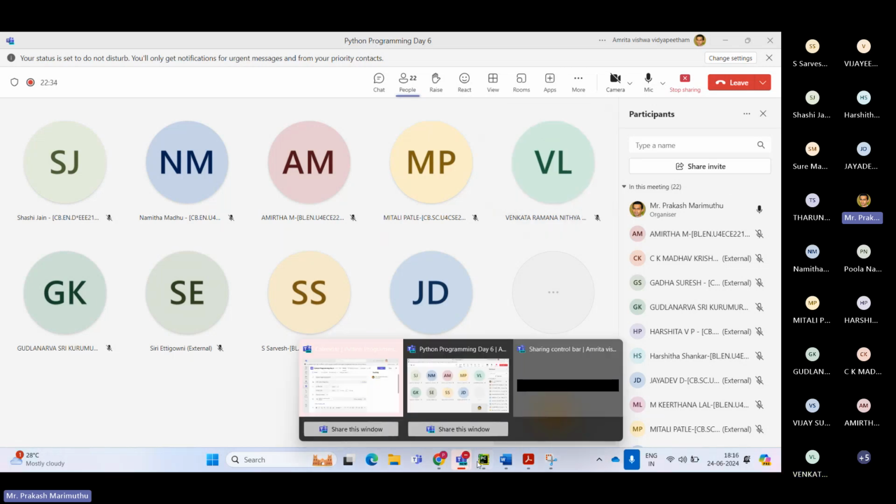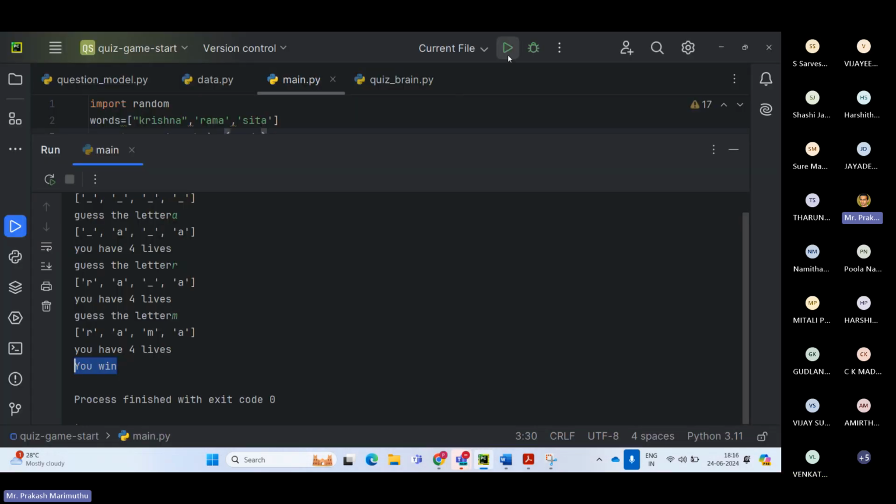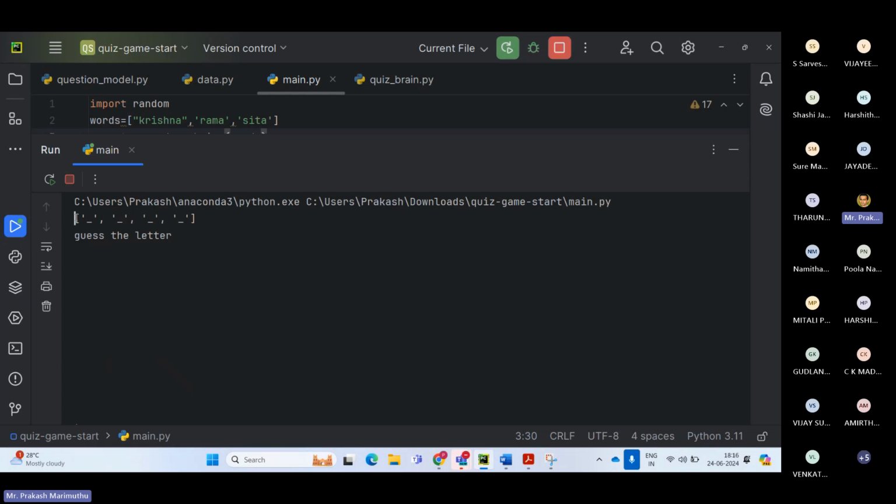Once again, I'll show you. Once you start playing, it should display how many letter word. That's all. And it should ask you to guess the letter. Understood? Yes, sir. It should display